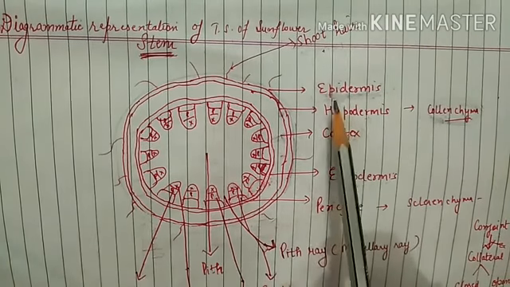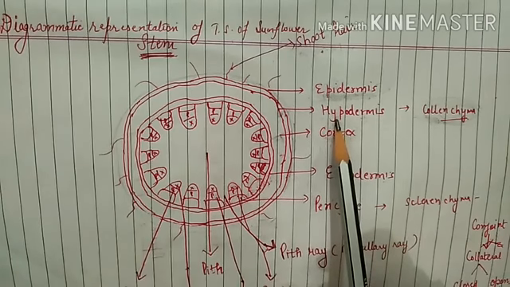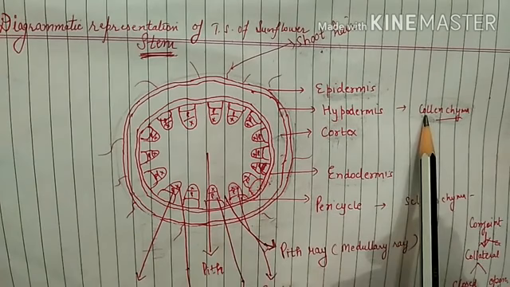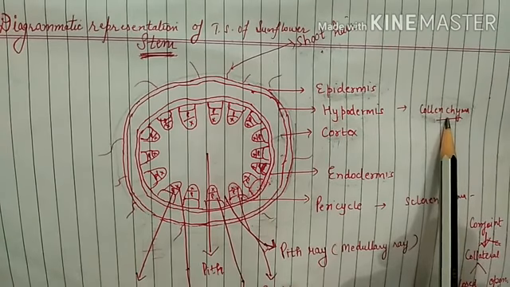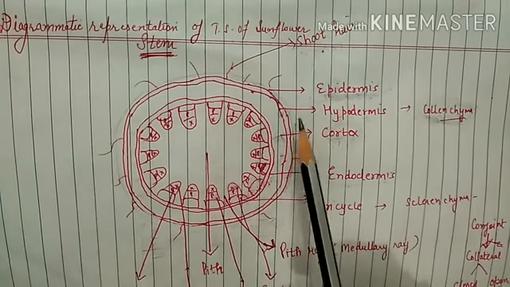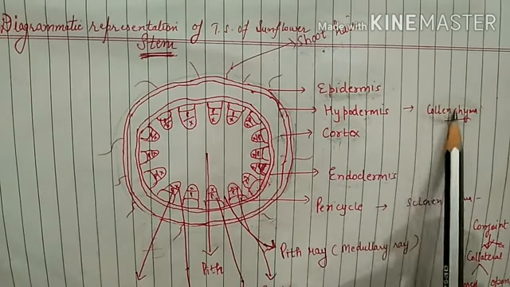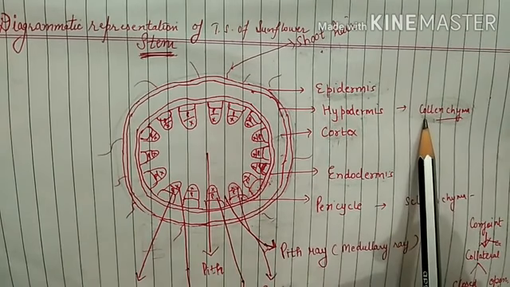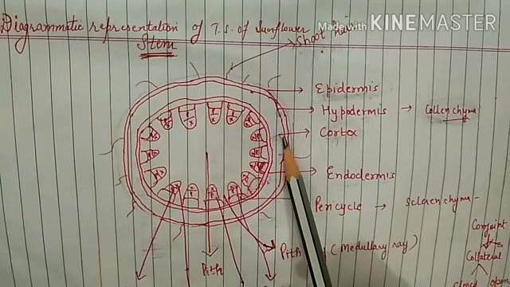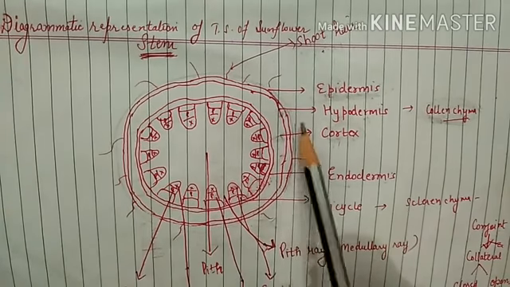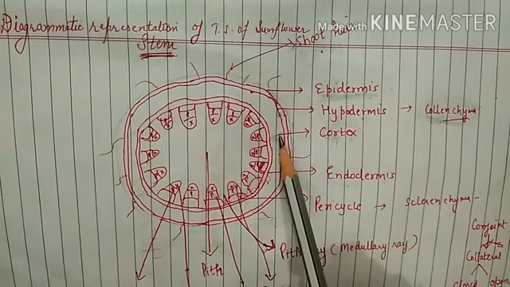Then after that, next to epidermis is a layer that is known as hypodermis. In this hypodermis, the cells are collenchyma. So the major role of collenchyma is to provide strength and support to the plant. As stem needs support, therefore in the hypodermis the cells which are present are collenchyma. Then after that there is a cortex present, and if we compare it with roots, this cortex is thin, and in root the cortex was wide.